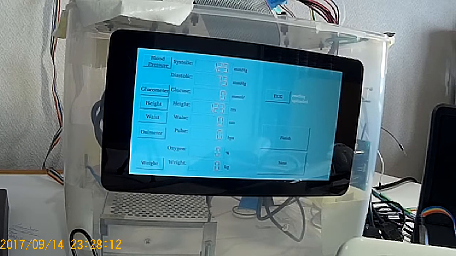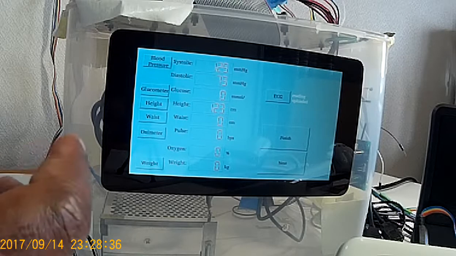So in the future, cholesterol will also be integrated, and that will help in measuring, for instance, triglycerides and bad lipids in our blood, and that will help in tackling the prevalence of heart disease